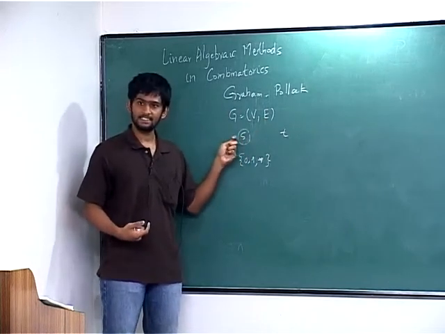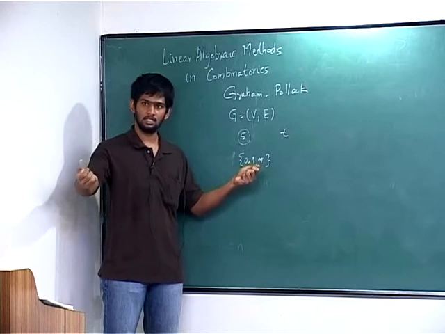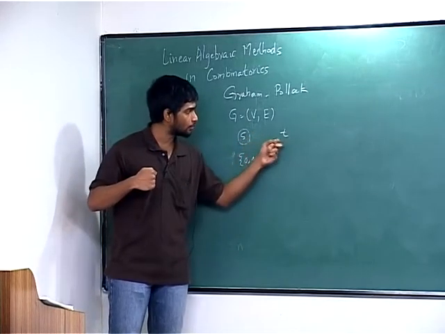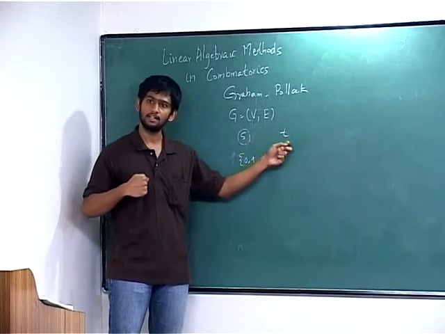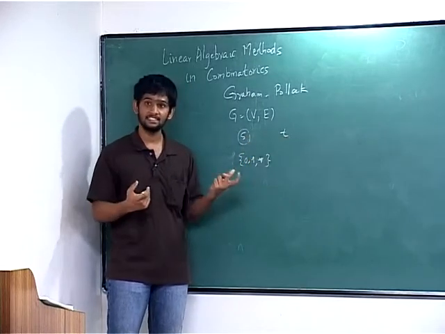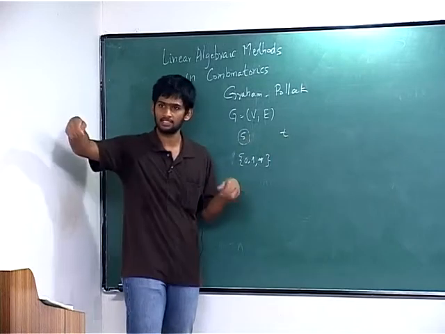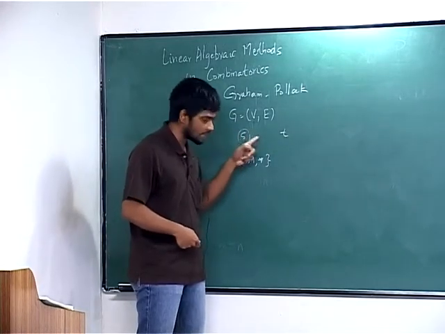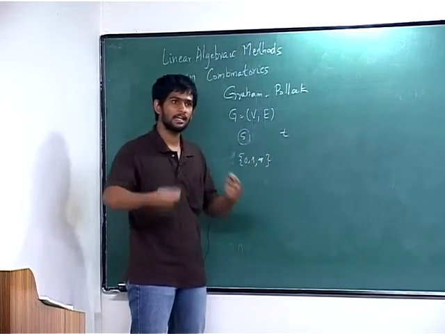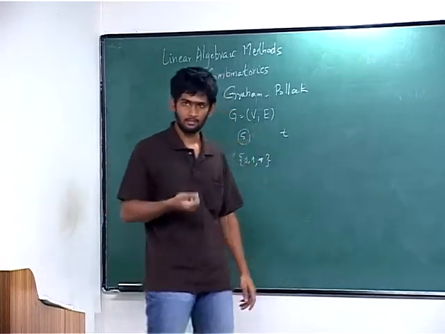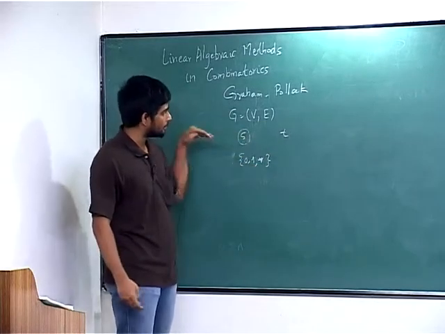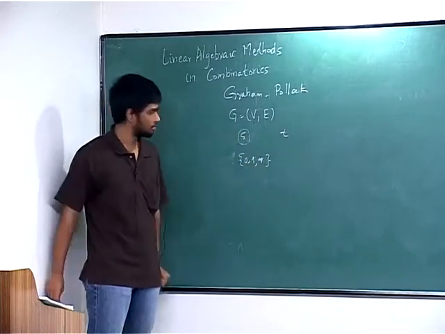So sitting at S, I know the address of my neighbors. So I'll get each of those, and from that vertex I'll compute what is the distance to T, because I know T's address. I know that the addressing is in such a way that the Hamming distance is going to give me the shortest length path. So I'll compute it for each of these neighbors, and whichever one is the shortest, I'll go to that vertex, and from there I'll again continue doing the same thing. Right? So if I have such a scheme which is going to encode the length of the paths, then I'm done.